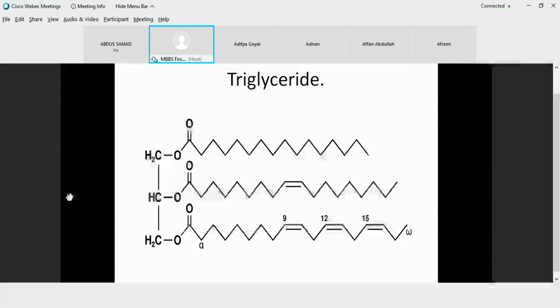Now, if a triglyceride is made up of all similar fatty acids, then it is known as a simple triglyceride. If any one of the fatty acids is different, then we call it a complex triglyceride. Usually the second carbon has an unsaturated fatty acid, and many times this unsaturated fatty acid helps in deriving different components that are part of metabolism. But here what we need to remember is 1 glycerol, 3 fatty acids. All 3 may be the same, all 3 may be different, 2 may be different and 2 the same, or 1 may be different. Either way a triglyceride can be formed.